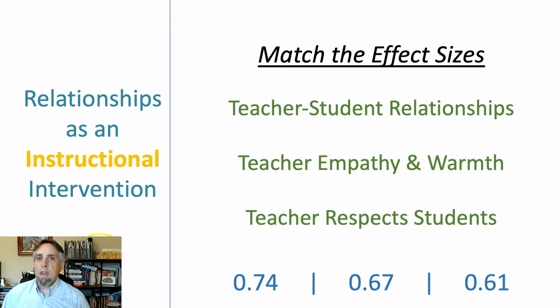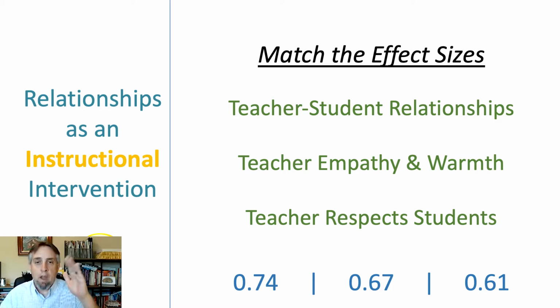Before I tell you the answers, the higher the number, the better. And most researchers suggest that somewhere around a 0.4 to a 0.5 is about a year's worth of growth. So something with the 7-4 effect size should probably tell you we're approaching about a year and a half or so worth of growth when we do this.